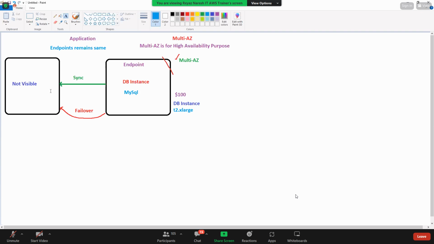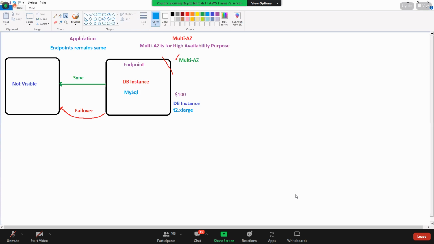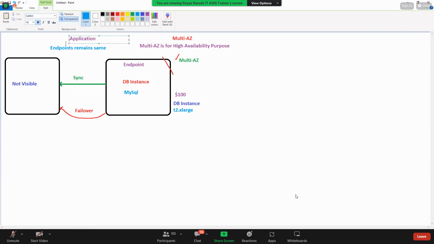Whenever you set up a DB instance, you have the endpoint, and you have given the endpoint to the application. The application as usual is connecting to it, and all of a sudden something goes wrong and failover happens. Does it have any impact on the application? No, the endpoint is the same. It doesn't matter. We will not even get a notification that failover has happened. AWS will make sure that this DB instance will be working all the time.